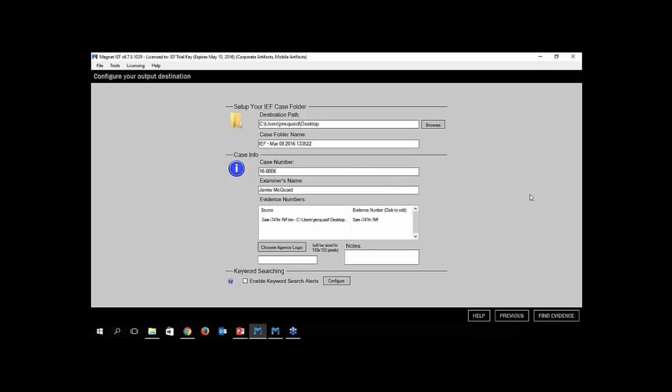From here, we assume we've got all our case ready to go and loaded up. We would hit the Find Evidence button down here at the bottom, and our case would begin processing. As that starts processing, this screen would disappear, the processing window would pop up, and it would start searching through